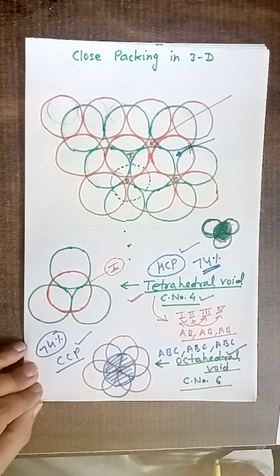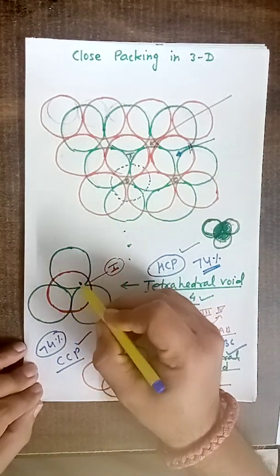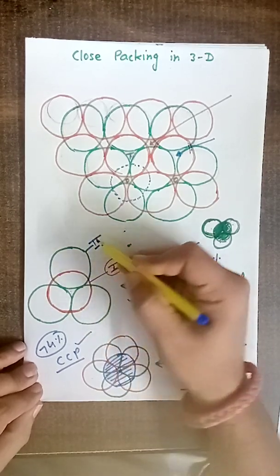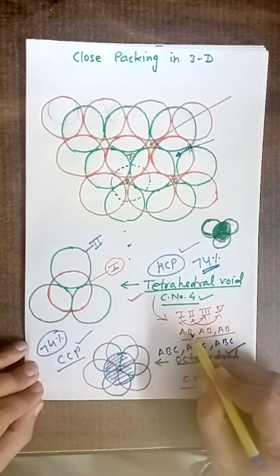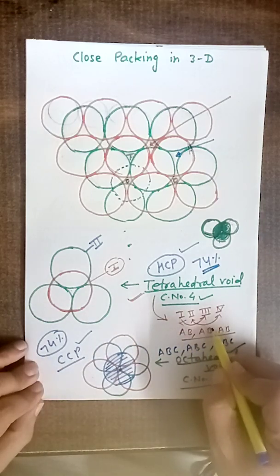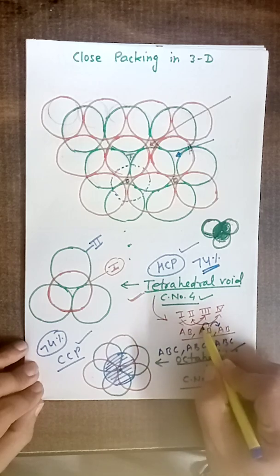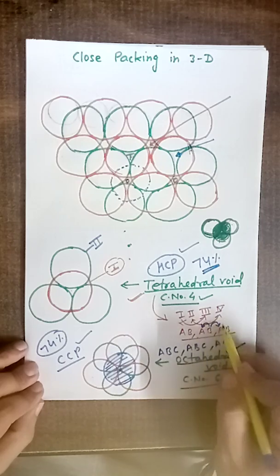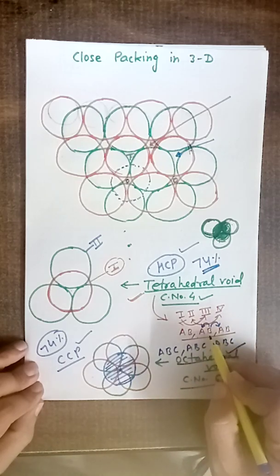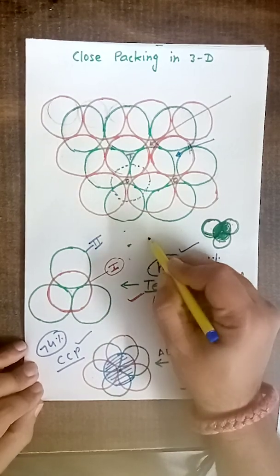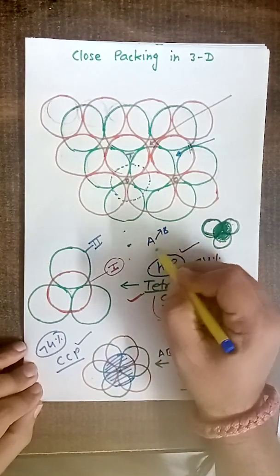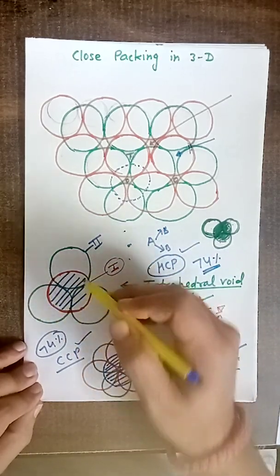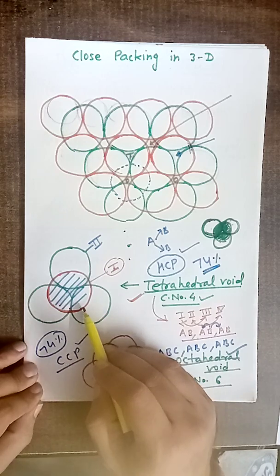Another point, what is the coordination number of a particle? So here you can see, if this is the first layer, then green will be the second layer, then once again red will be the third layer. Here you can see just above and below, the same type of pattern as in AB AB AB. Just above it as well as below it, they have the same type of pattern. Just above A you will find the B layer, just below A you will find the B layer. It means just over this red particle you will have green particles, just below this red particle once again you will have green particles.